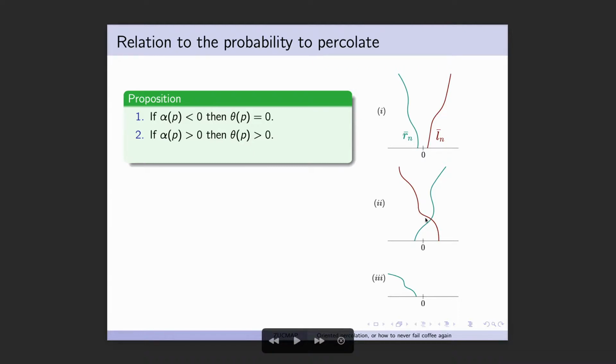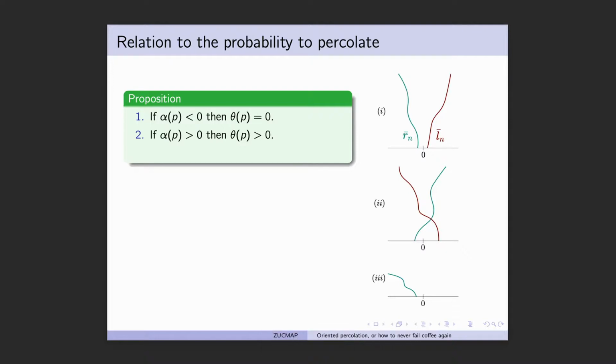And somehow, if we manage to reach this kind of intersection point from 0, then we will be inside a cone that we know will never die out, because Rn bar goes to plus infinity, ln bar to minus infinity. And of course, you have to formalize this, because this kind of intersection here is random, so you have to be a bit careful. But that's how I understand the underlying idea of this item of the proposition. If the angle is positive, then you have a positive chance of reaching this intersection point, and then you know you'll be going to infinity.